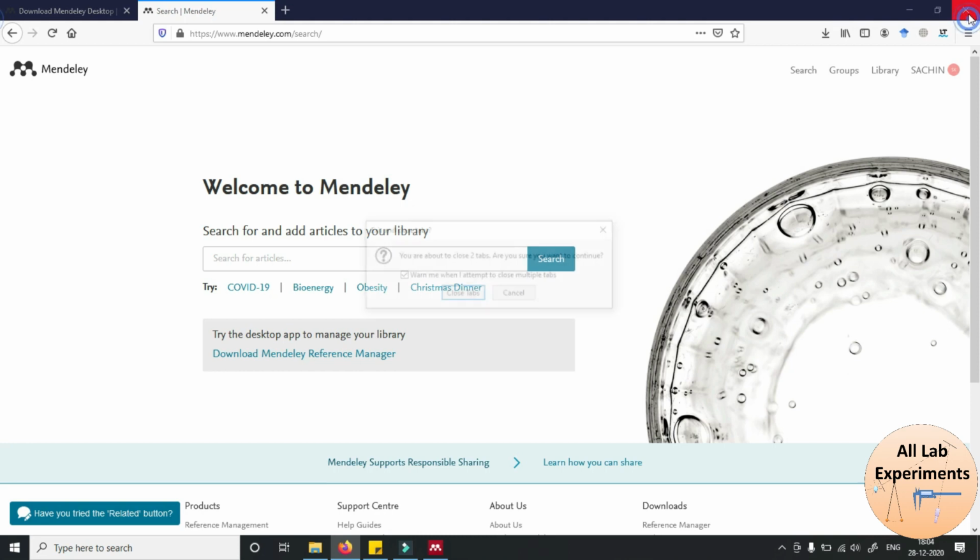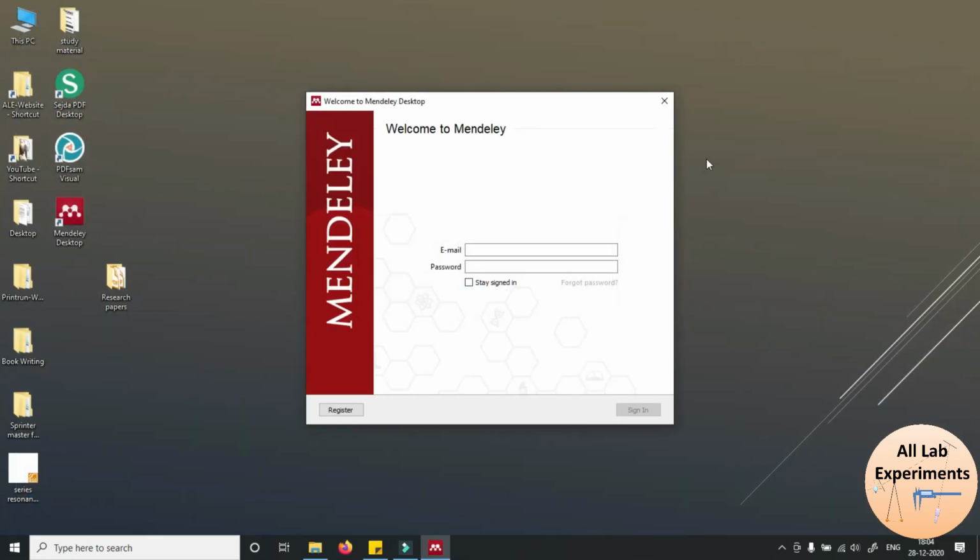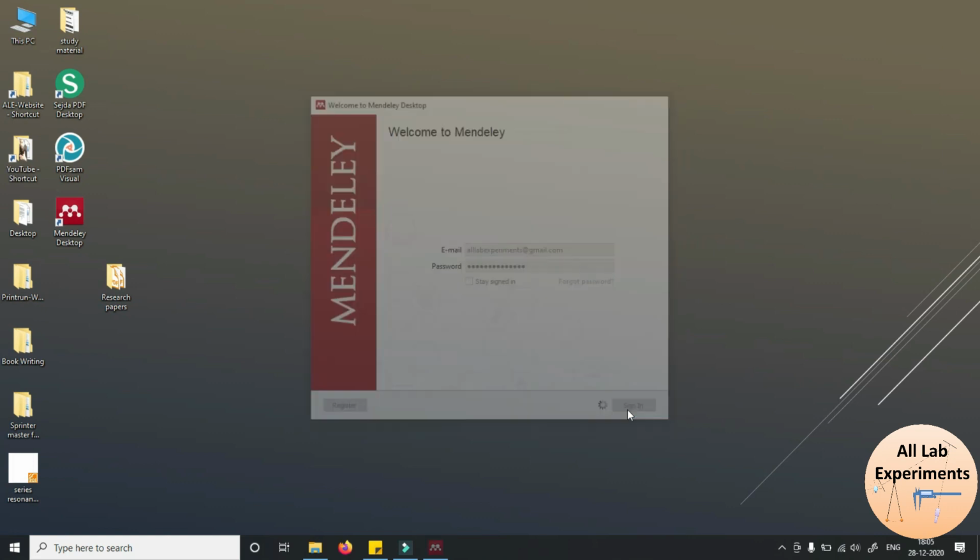I can close my browser and come to the welcome screen again. Now let us start with my email address, which is alllabexperiments@gmail.com, and here is my password. Sign in.